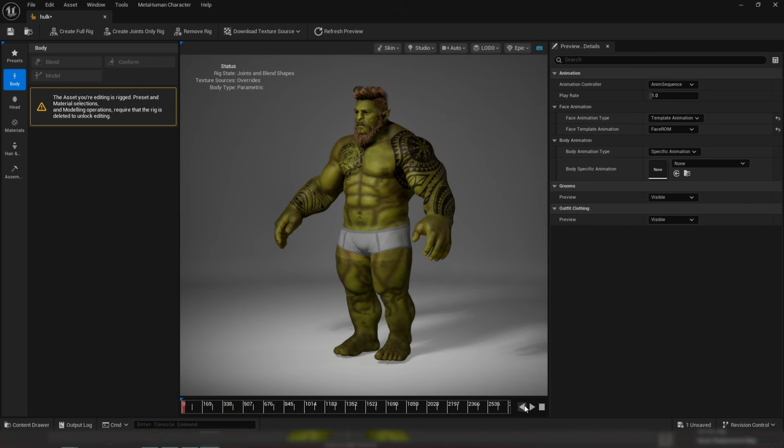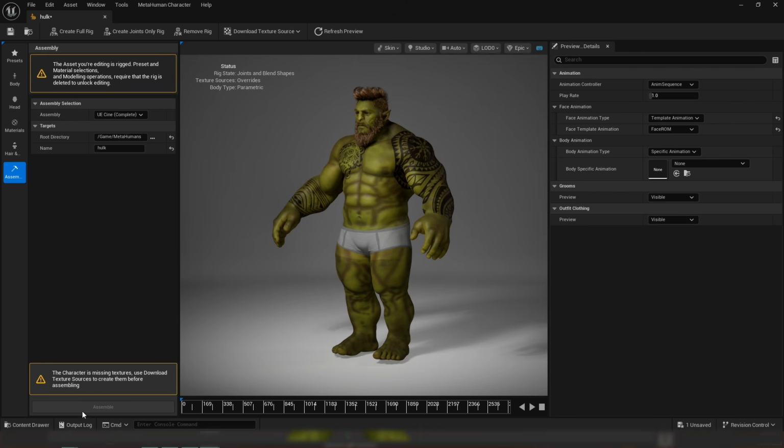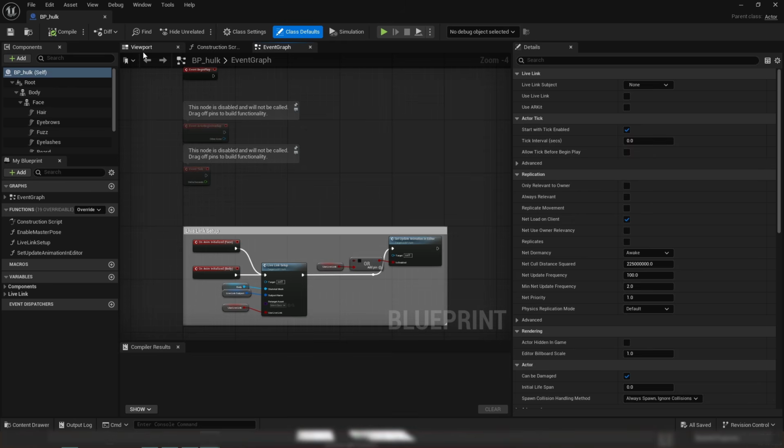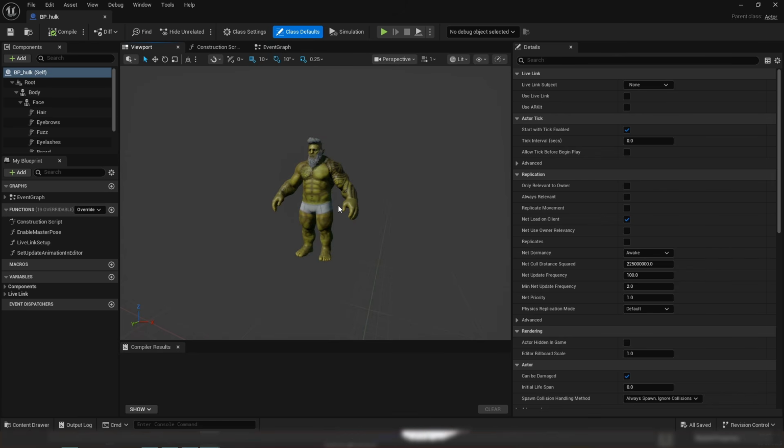So I think it's final. So we'll create a blueprint for this. I think we need to download the texture we skipped previously. I skipped the process because it takes a lot of time.